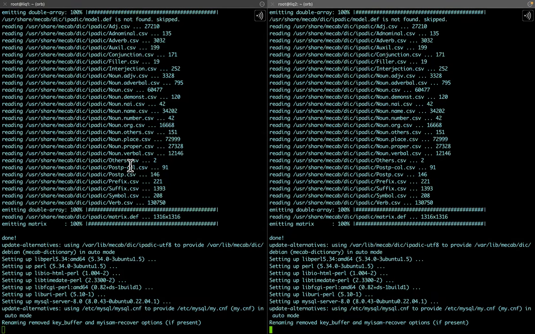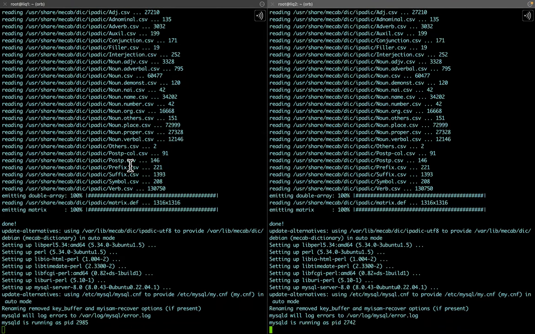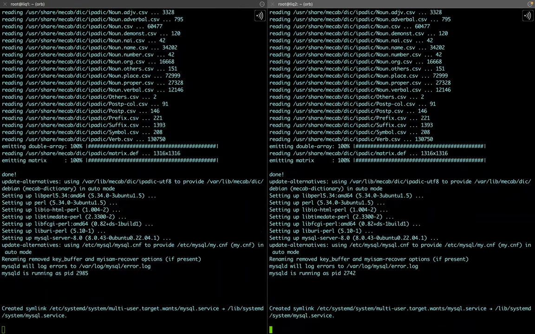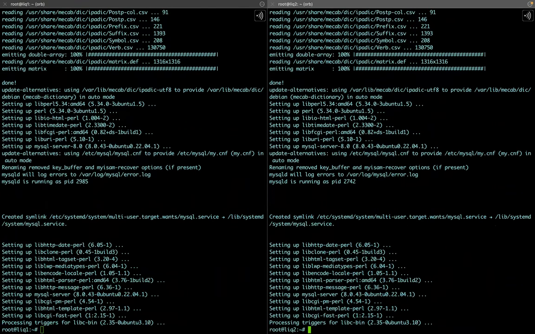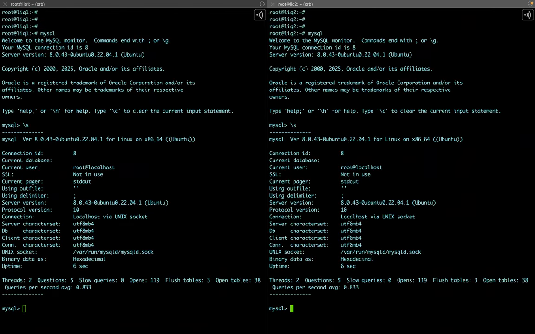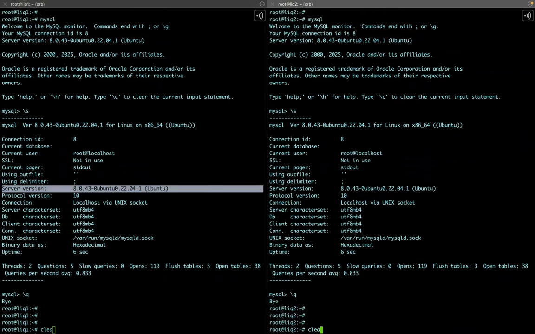Okay, MySQL is running. Come on. Fine, so MySQL is set up now. You can see the version is 8.0.43, on both of these machines. Now let me quickly update the